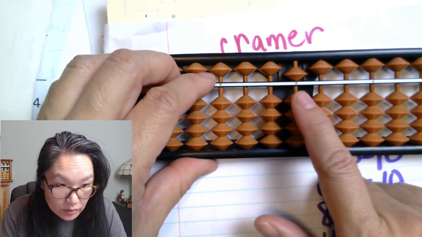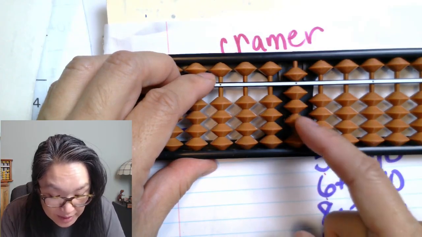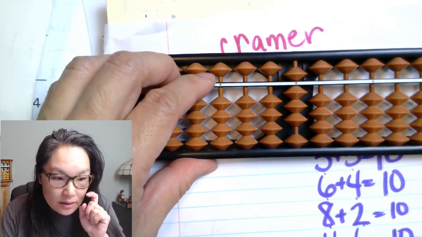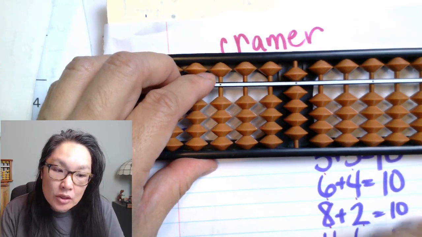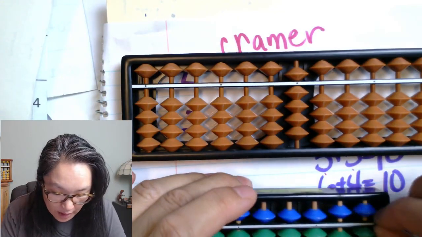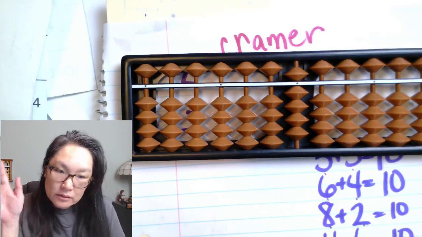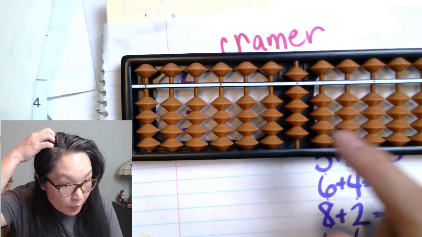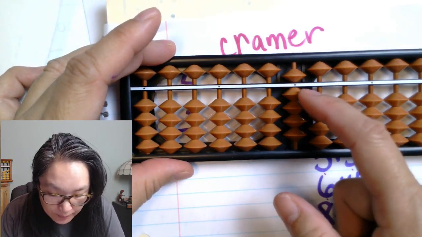The brown. But see, the thing is you have to pay attention to the position of the beads. It's not the color of the beads. It's the position of the beads. So don't get hung up. So it's fine that you're colorblind. It doesn't matter. The colors mean nothing. The colors are just to make it look pretty. That's it. But the brown, if the brown is okay, then you still need to pay attention to the